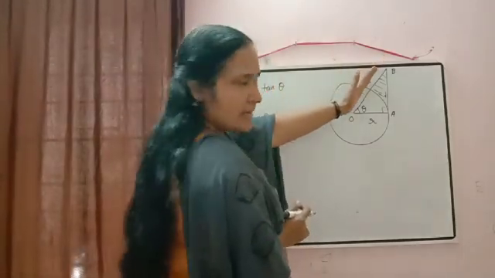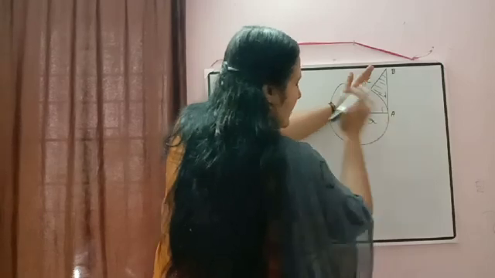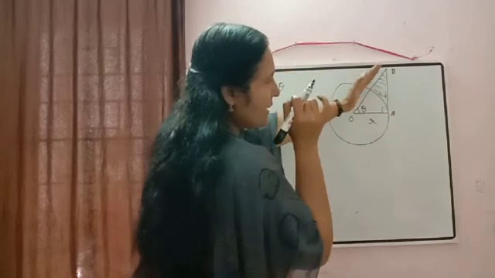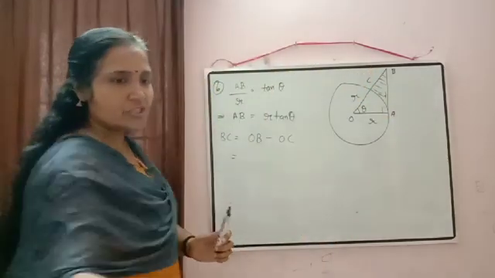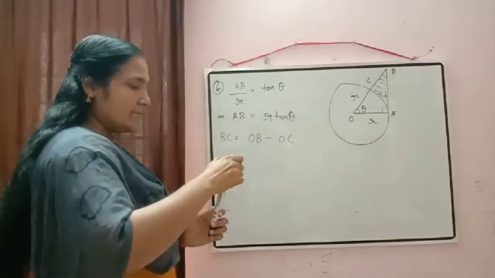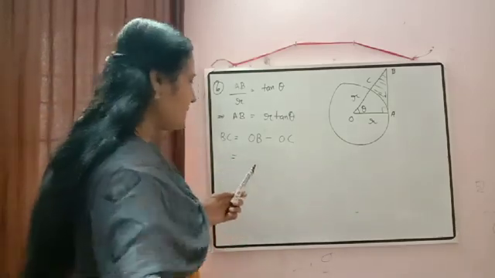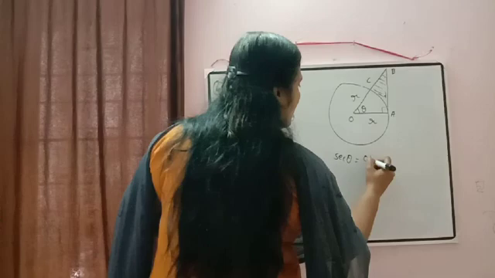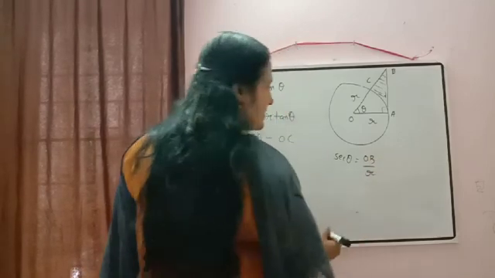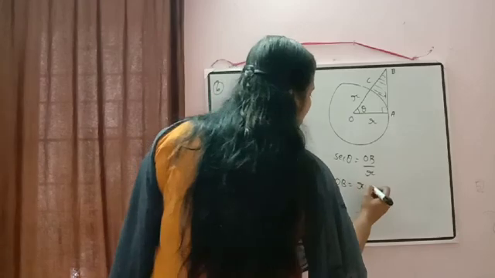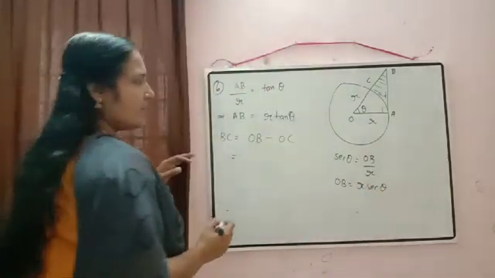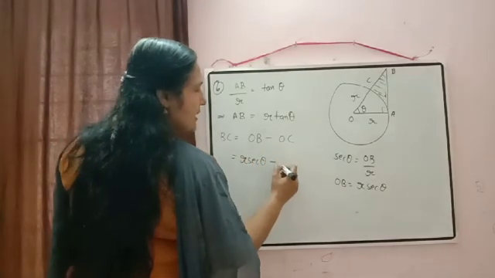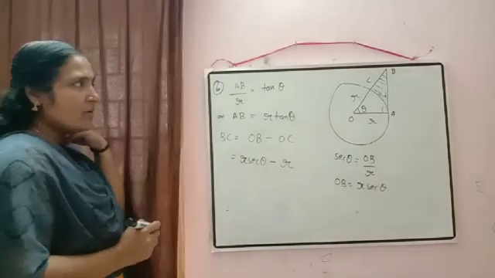OB we need, and side adjacent is given there. So side adjacent, OB we need there. Hypotenuse by side adjacent, which trigonometric ratio? Yes, that is equal to sec theta. So just we can check what will be. I am writing here. Okay. So according to the formula, sec theta is equal to OB by OA. OA is radius. So from here what we will get? OB is equal to R sec theta. So in place of OB what we can write? R sec theta minus OC is the radius, that is equal to R. So now we got all the sides.